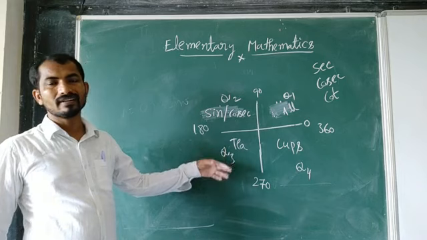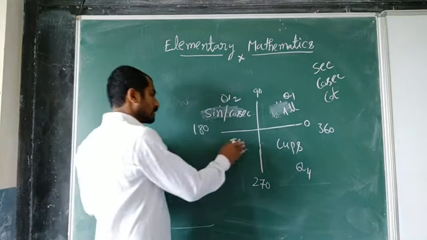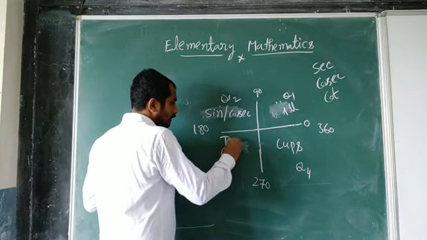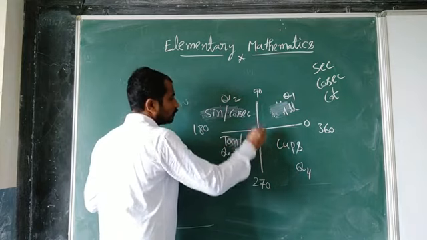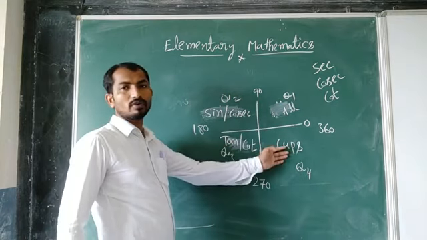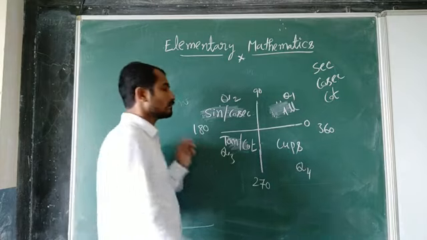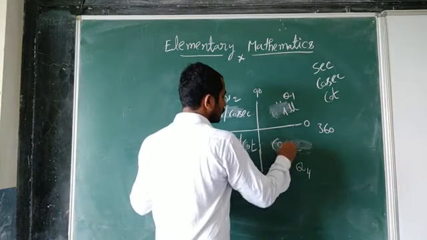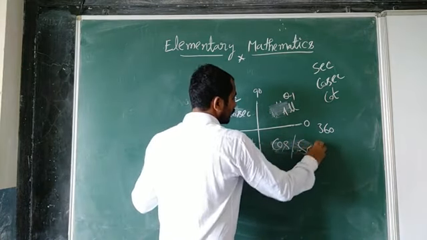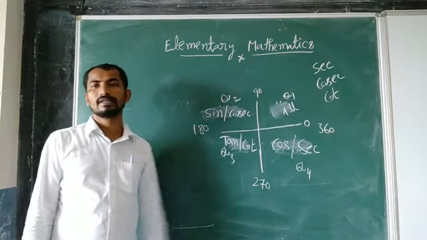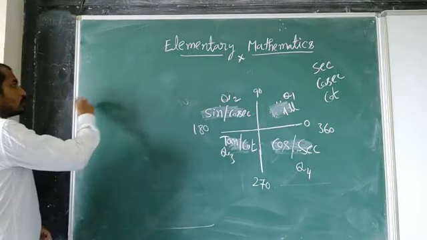And the third quadrant starts with the letter T, so tan and its reciprocal cot are positive. The fourth quadrant starts with the letter C, so cos and its reciprocal sec are positive. Take it as clear.